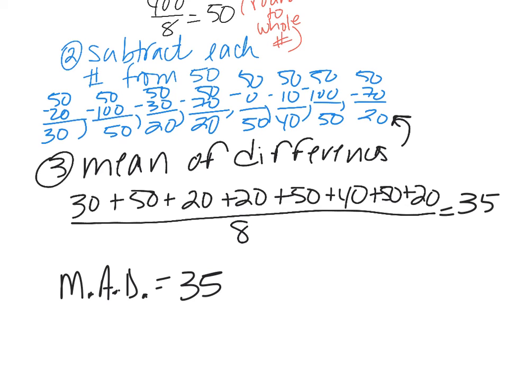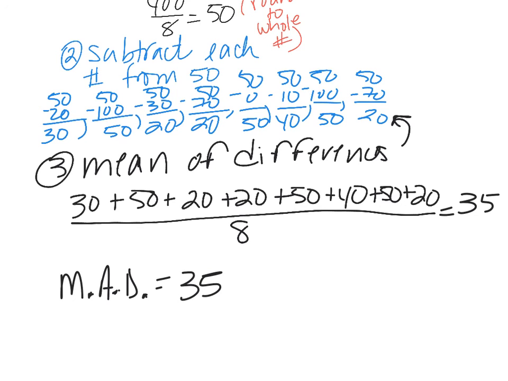So mean absolute deviation: you find the mean twice, and what it tells you is how far apart your data values are from the mean, which tells you how spread out your data is. That will determine whether or not the mean is going to be a good predictor. The only thing the 8th grade TEKS say is you need to know how to find this. They don't really address what you use it for, but we want to know what we use it for.